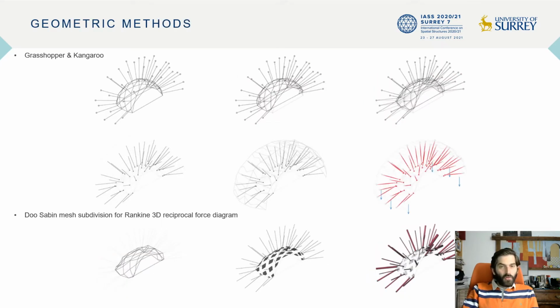Aiming to explore directions in pedagogical and intuitive approaches in structural design, geometry-based design tools and original graphic statics methods are used to determine axial forces, bending moments, and torsion, and also deflections. It is an objective of this project to explore the limitations and challenges of geometric and non-conventional solutions in structural analysis. Kangaroo was firstly used to create a simulation of the internal wire mesh behavior following the observations on a first prototype model. A Doo-Sabin mesh triangulation method was explored to seek relevance to a 3D Rankine force diagram reciprocal.